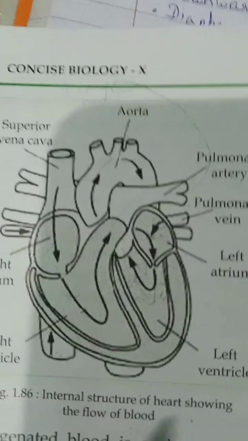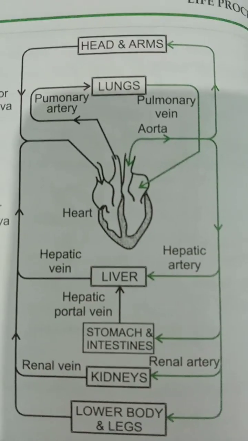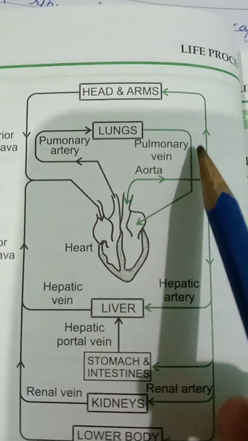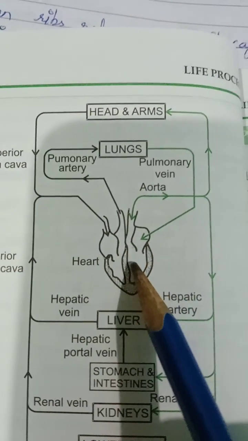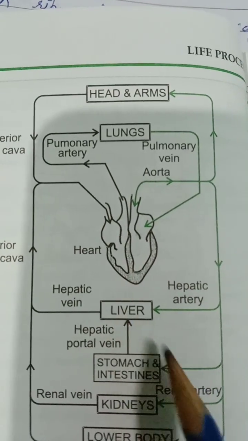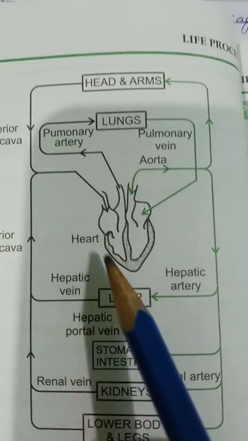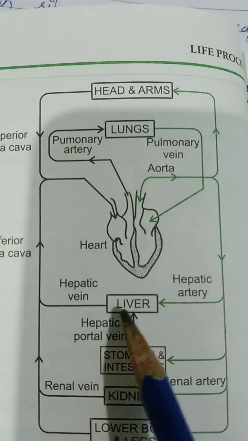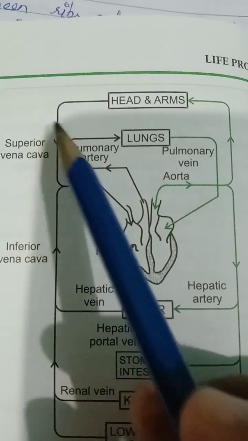I will show the diagrammatic view. This is the diagrammatic view of double circulation. See, the heart, from the lungs, the pulmonary vein is taking oxygenated blood. From the left side, the aorta is taking oxygenated blood towards your liver, stomach, kidney, lower body parts and all. From all the organs, the deoxygenated blood is taken through the veins, that is the inferior and superior vena cava, to the